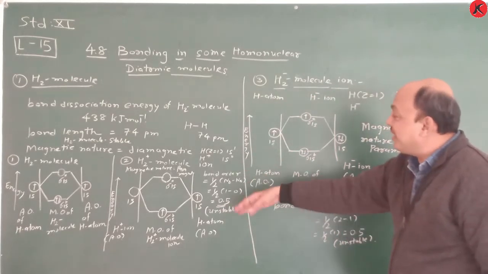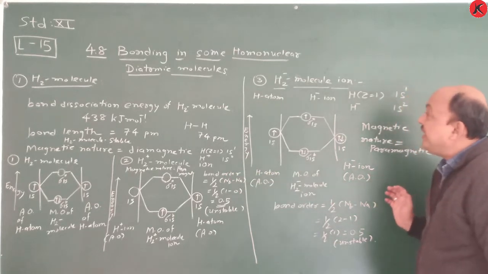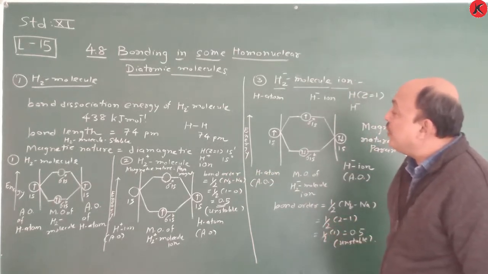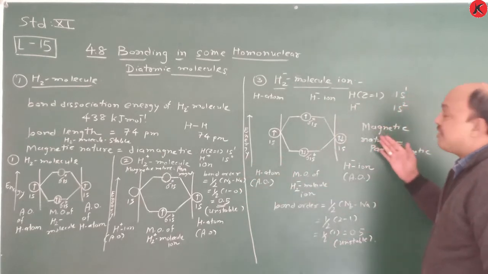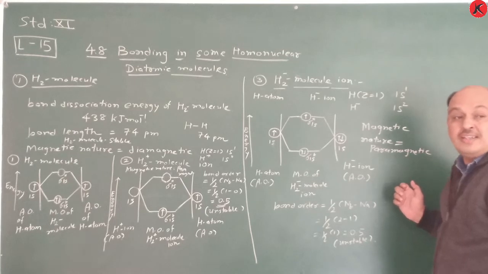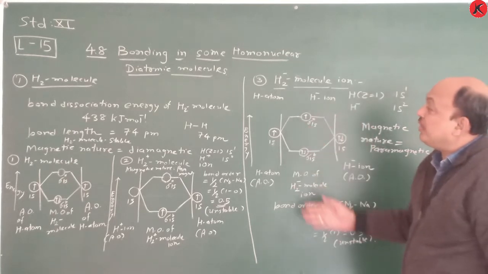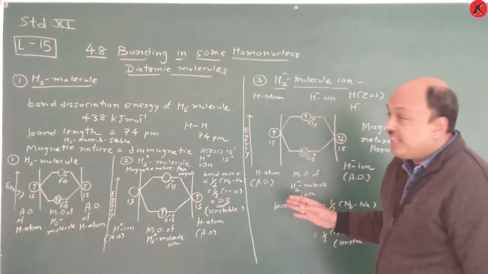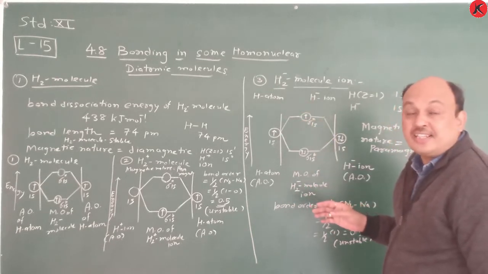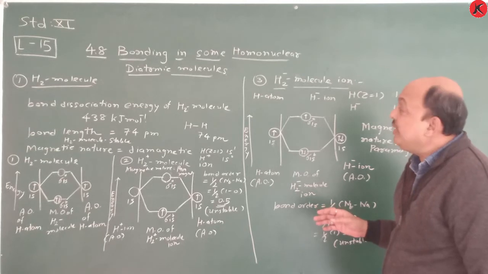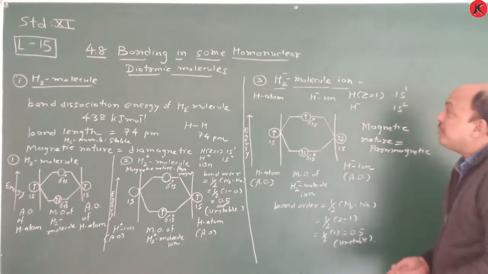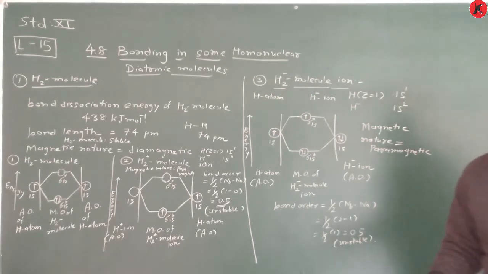And what is the magnetic nature? Paramagnetic, here also paramagnetic. So write it completely regarding the H2 molecule, H2 plus molecule ion and H2 minus molecule ion. And remember certain terms. And you have to draw this molecular orbital diagram. Now we switch to the next molecule according to your NCERT textbook, that is the Li2 molecule, lithium Li2. So take a screenshot of this and write it completely.